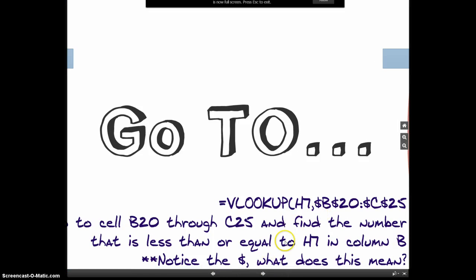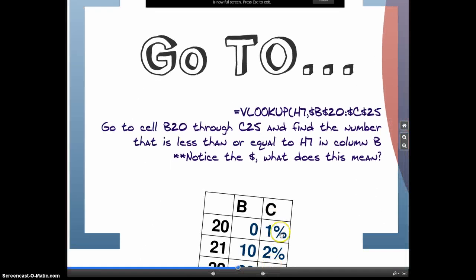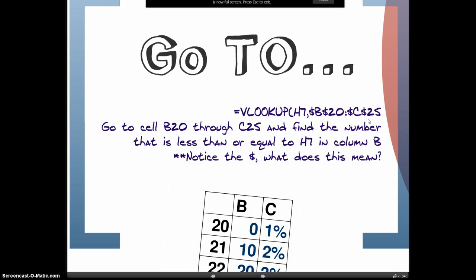Then we tell it to go somewhere. So if we look at the example, we're saying equals VLOOKUP. Look in cell H7 and look at the data that you see there. Now use the cells B20 through C25. Notice the absolute references around them. These cell references never change. Also notice that it's a range and a comma separates these two clauses, just like we had with the IF function. So the way that we read this is: look in cell H7, go to the cells B20 through C25,